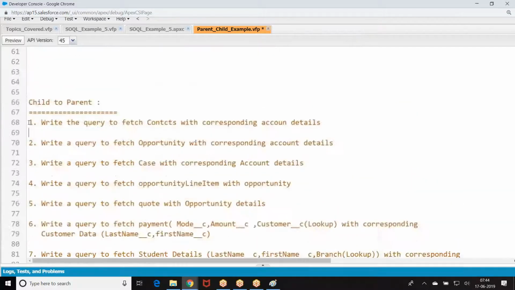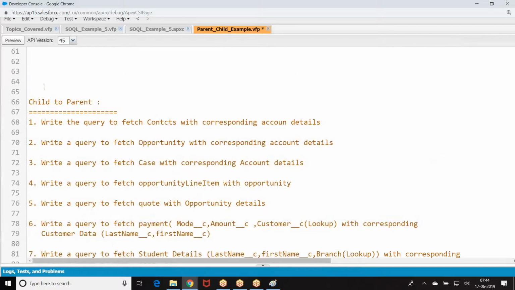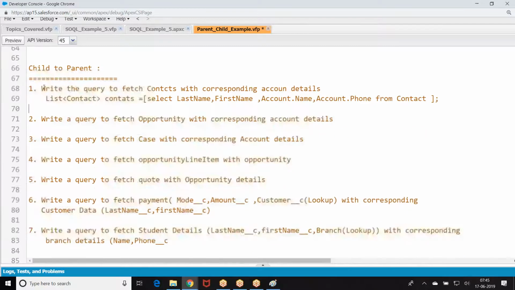Right. So how did you write that? List of contacts equal to last name, first name, account dot phone from contact.